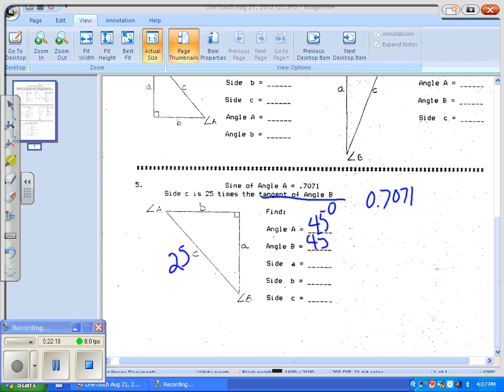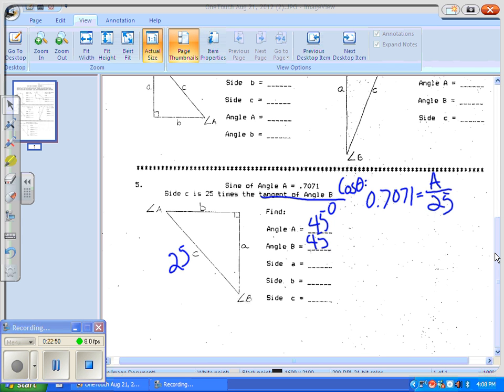Let's say the cosine, I favor the cosine, is equal to the side adjacent over the hypotenuse. What is our side adjacent? That's what we're looking for. Our hypotenuse is 25. Everybody see that? So now we just need to multiply both sides by 25. So side A is 25 times 0.7071, which is